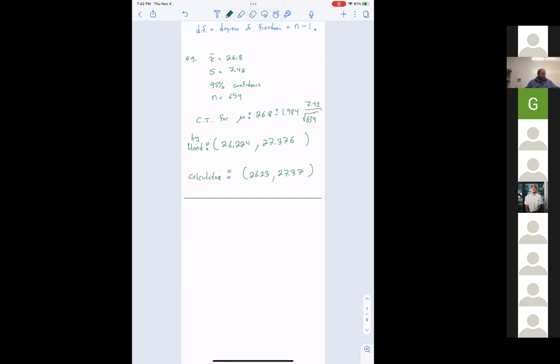So we'll stop here. We did a chapter and a half. We'll finish 20 and we'll do 21 next time. And when we come back from the break, because we're off for Thanksgiving, and don't forget, there's a quiz this weekend that I'll put up. We'll spend a day going over lots of problems where I won't tell you if it's a mean or a proportion, or if it's 1 or 2 samples, or if I know sigma, if I don't know sigma, small sample, large sample. You'll have to look at the information and decide which case it is, and then take out your calculator and plug it in.